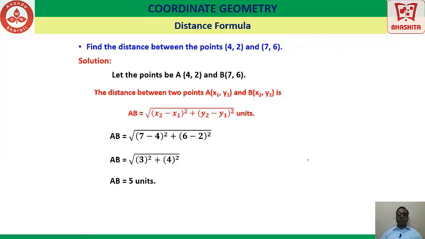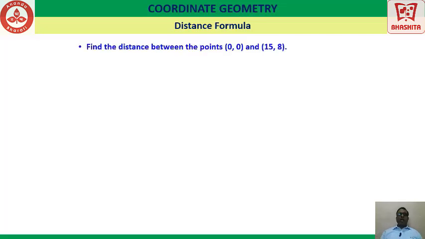Very good. Now, another second note we saw is: what if one of the points is origin, how do we find the distance between the 2 points? That we shall take up as the next question. We now look at the model where one of the points is origin. Find the distance between the points 0 0 and 15 8. As usual, I shall give you a couple of moments so that you could try by yourselves. What is the second point we saw in that note? There were 2 points in the note.